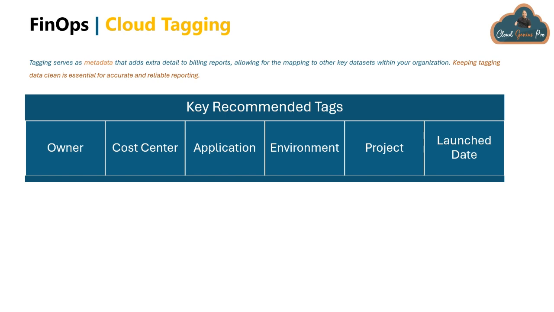So for example, take the example of owner. One customer may have this tag with the tag name called owner. Some will have owner name. Some will have owner value, or some will have just owner in lower case. Tags are always case sensitive as well. And we need to ensure that every customer has tags, and along with that, they should have clean tags. When I say clean tags, it means if an owner tag is there in the environment, every resource should have the owner tag in the same format.